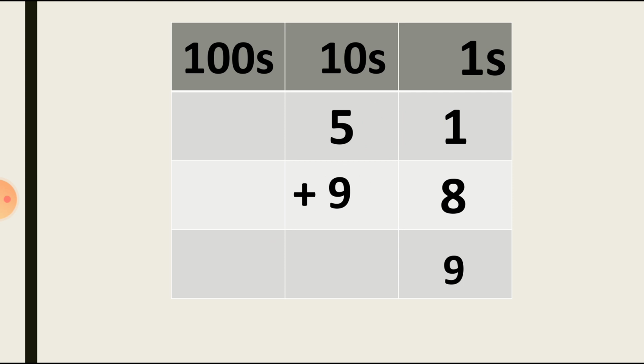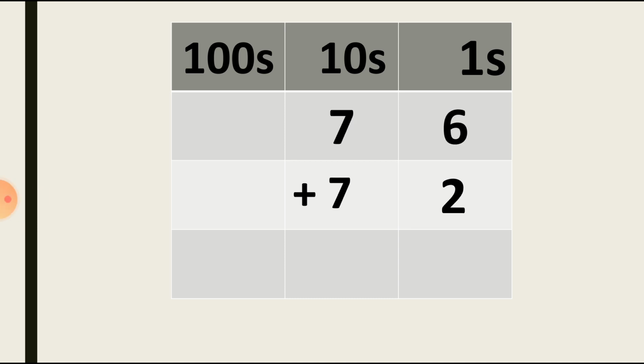So we can write down number 4 under the tens column, and the 1 will move to the hundreds column as a carry forwarded number. So students, we can write down number 1 at the hundreds column, and the answer will be 149. This way we can write down this exercise, and hope you understood this topic and there is no doubt in this topic. Let's see one more sum.